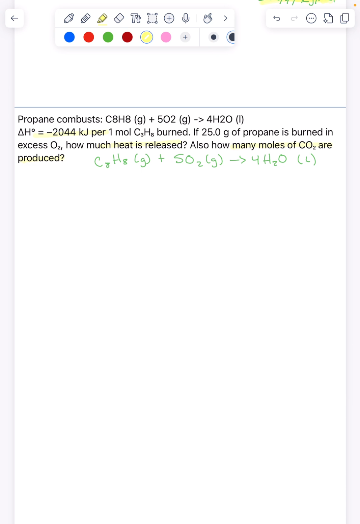Okay, so we're gonna convert the mass of propane to moles. So we have C equals 12.5